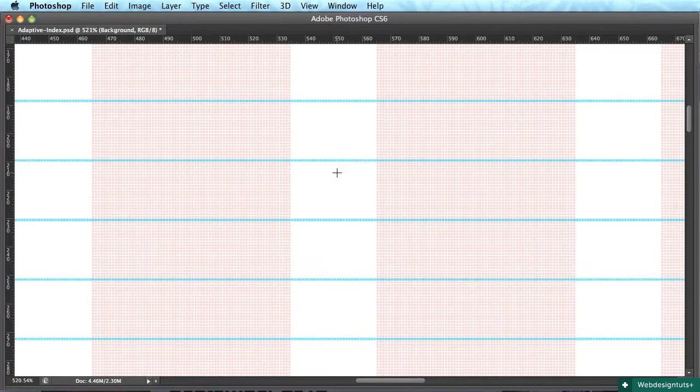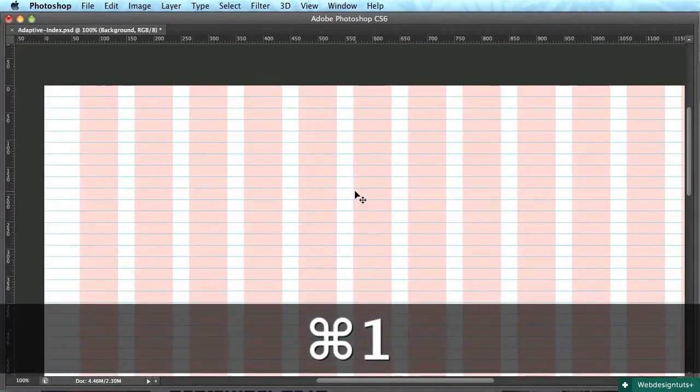So if you have a font size of 12 pixels, you'll have an 18 pixel line height or leading. In our case, we have a 14 pixel base font size. So that means our leading and our baseline grid will be 21 pixels. Okay, so once we did this,